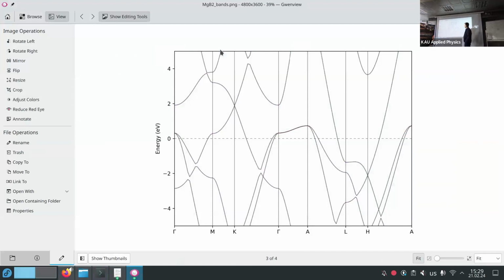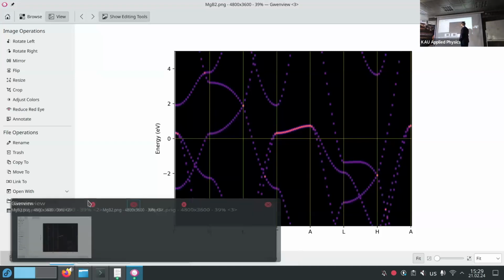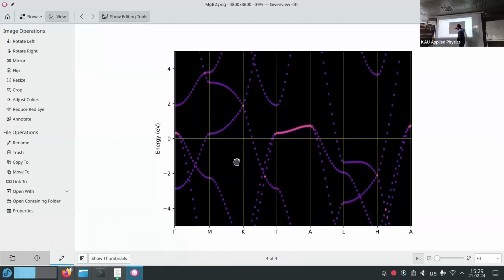Then you move to another picture, and here you used the Gauss. You used not so huge broadening, and you see that it's even dotted because we don't have so many dots. We have only 20 dots between them. But we see that we have a lot of states here and some states here and not so huge states here.